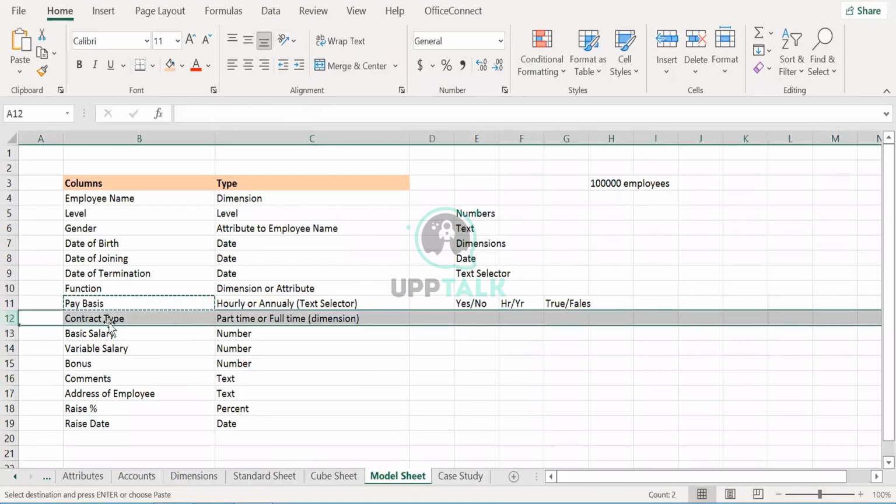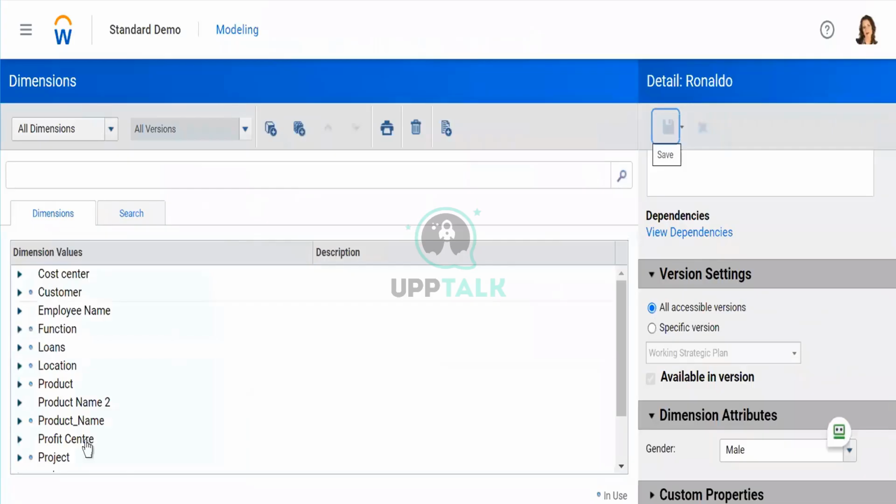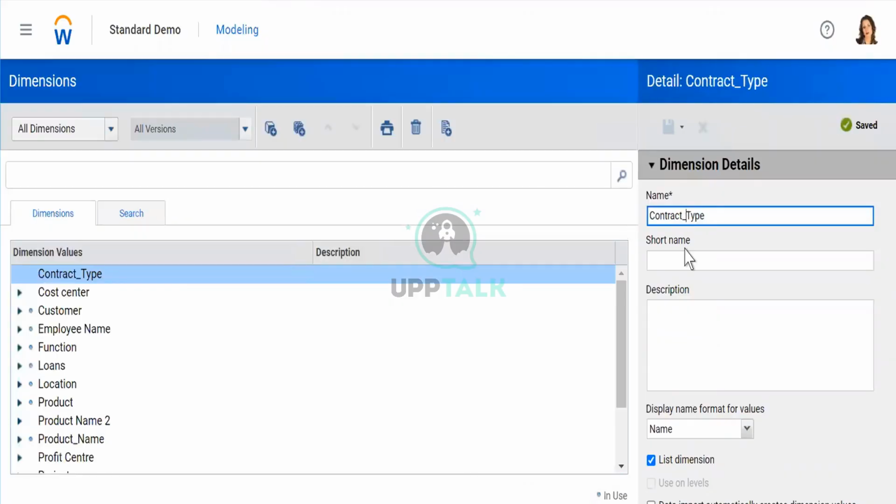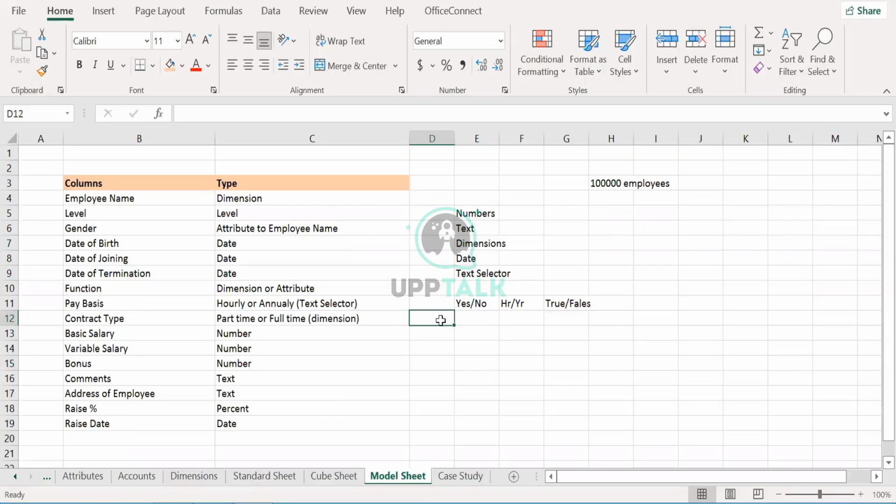Now contract type. Do we have this as a dimension? The answer is no, I don't think we have a contract type. Let's create a simple dimension again, a contract type. It can be a dimension, it can be an attribute, it can be text, it can be a text selector.